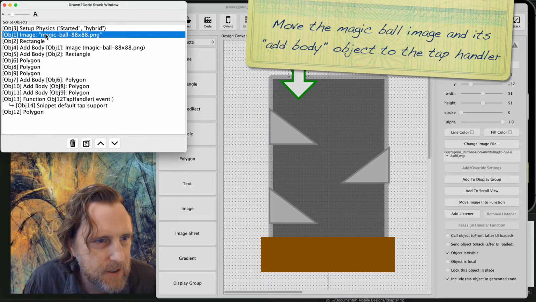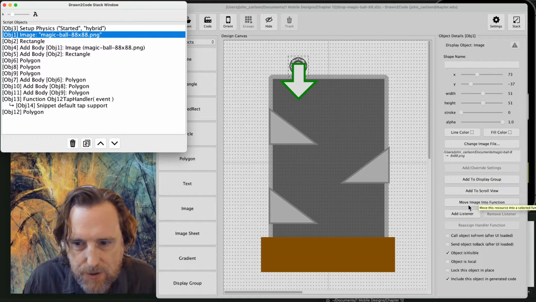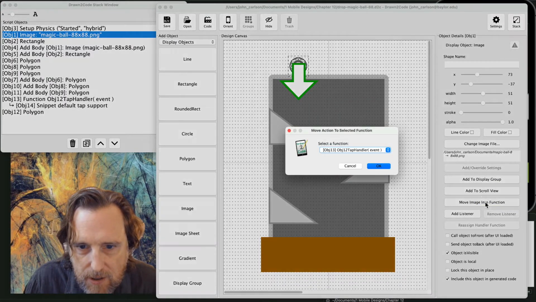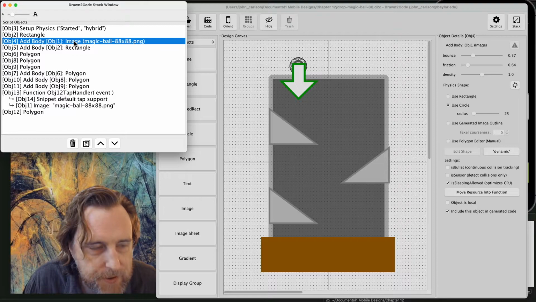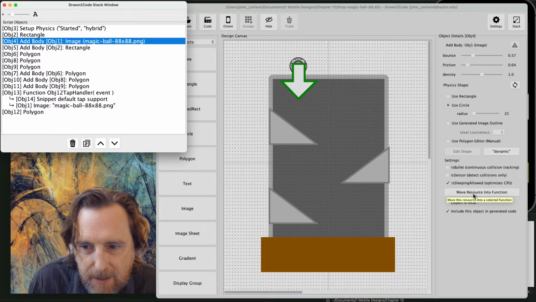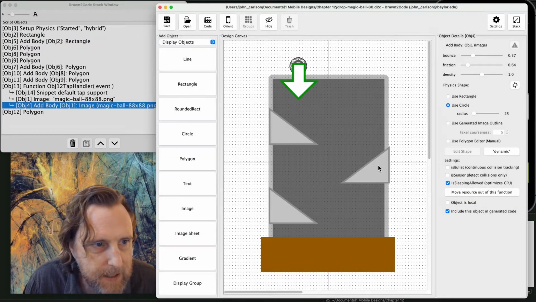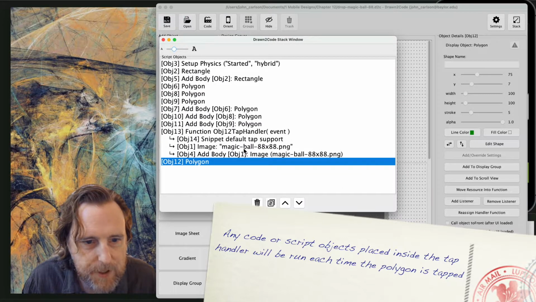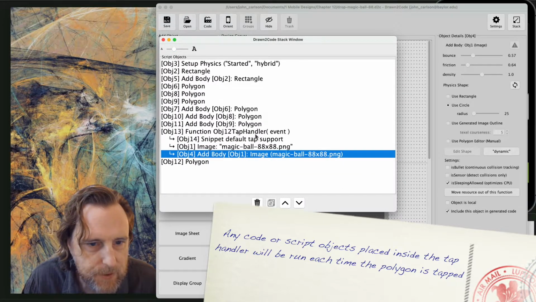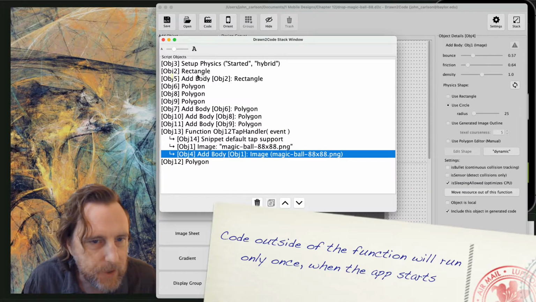Here's the image. So I'm going to move it into the tap handler by selecting it and choosing move image into function. There's only one function, so that's got to be it. And then the add body for the image is object 4. I'm going to do the same thing. I'm going to select object 4 in the stack. I'm going to hit the button move resource into function, and I'm going to move it into the tap handler. If you're watching the stack, you'll have seen object 1 and object 4 move into the tap handler. What we have left outside is the ground,